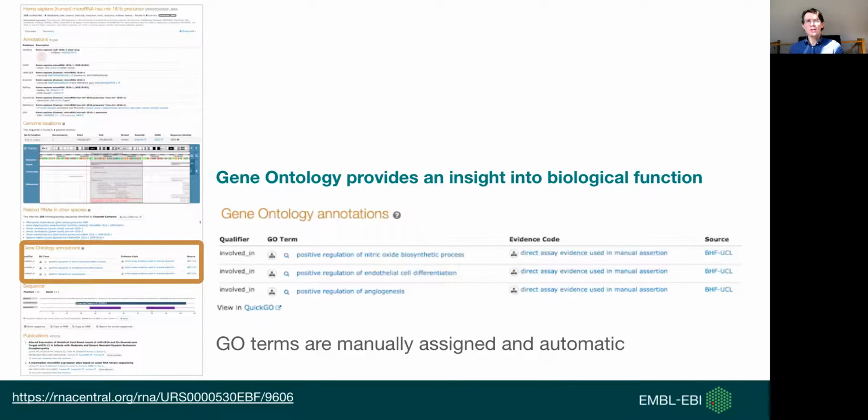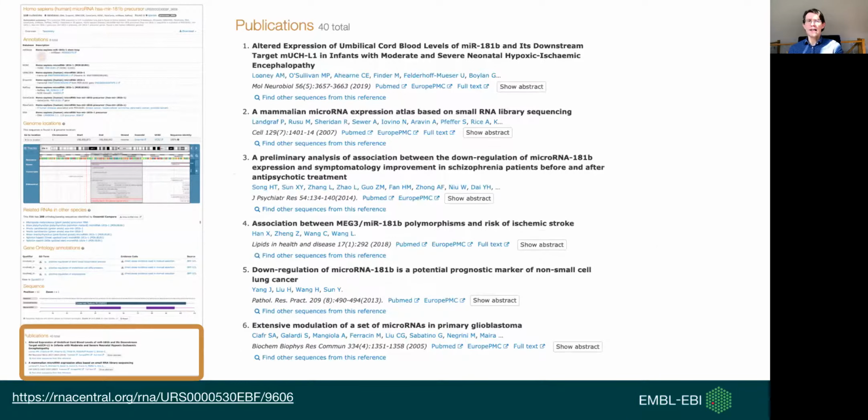There are gene ontology terms that are either automatically assigned or manually curated, as they are in this particular case. And that means that somebody read a paper and connected this specific RNA with a specific biological function, which is really great. Last but not least, there are also references and publications that help you get started to find out more about